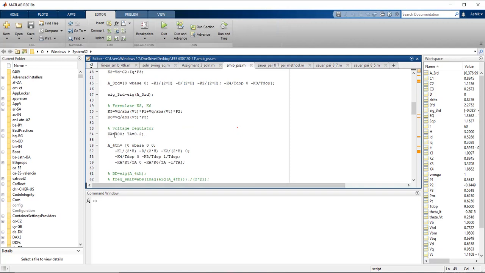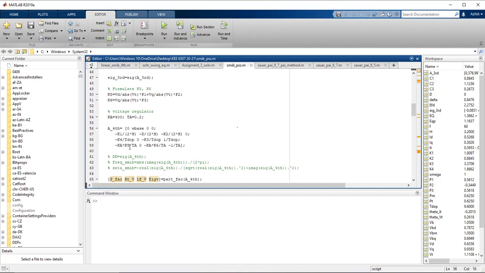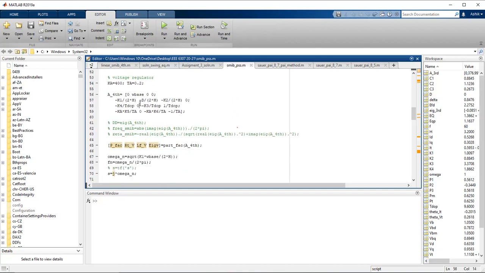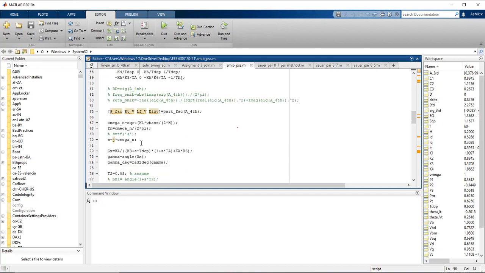Ka, the gain of the AVR, is 400. The time constant of the AVR is 0.2. Now we are in a position to formulate the fourth order A matrix. So this is the fourth order A matrix. And now what we do actually,